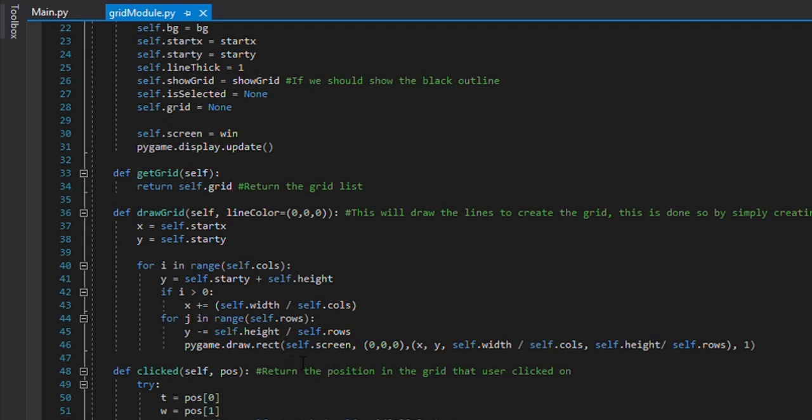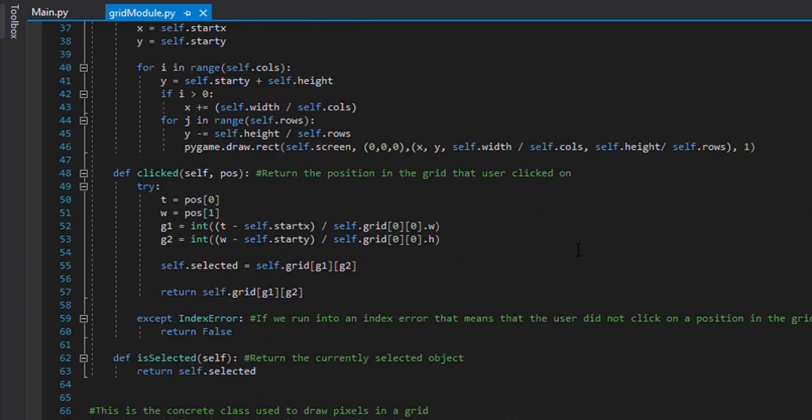In this method, it takes the screen where the rectangles are to be drawn, the color of the rectangles, the position where the rectangle has to be drawn, and the thickness of the line, which I have given as arguments. This function will make a grid.